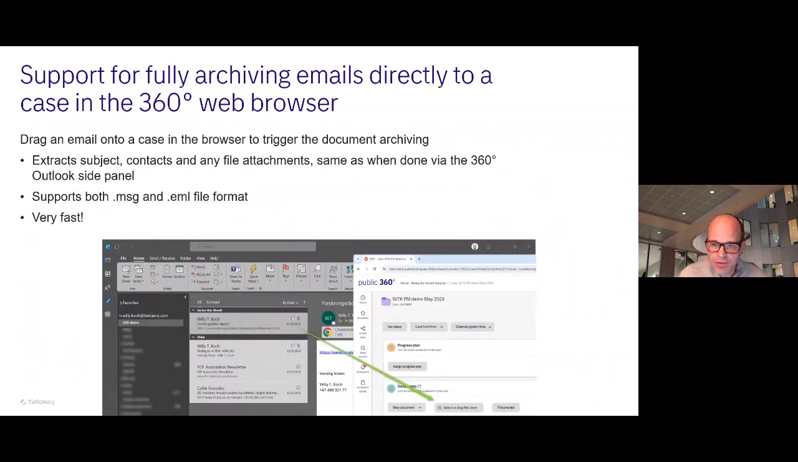And another function that has been technically possible to do in previous versions, but now you can actually take any email in the format of an MSG or typical email formats, and archive directly from Outlook or from the desktop or wherever the file is stored, and archive it onto a case in 360. And it will then extract subject, contacts, and any file attachments in the same way that has only been possible before via the Outlook